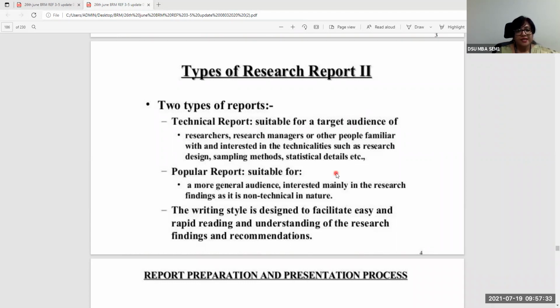So writing style is something that you need to start developing by practicing to write on your own. Use grammar check software and all of that if you need. You can take the help of an English teacher, if you need someone to guide you as to whether the sentences are correct and the paragraphs are correct and all that, right? So basic, simple, correct English is required. We don't need very high level English language requirements, but you should have simple, correct English to be used for writing the reports.